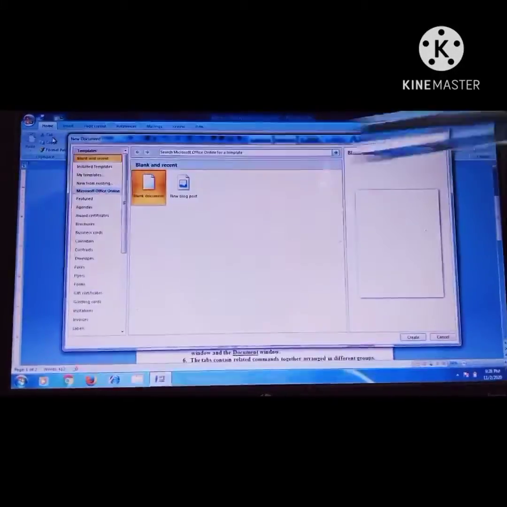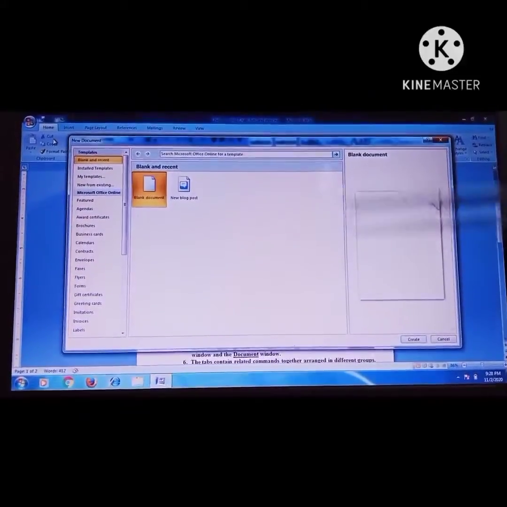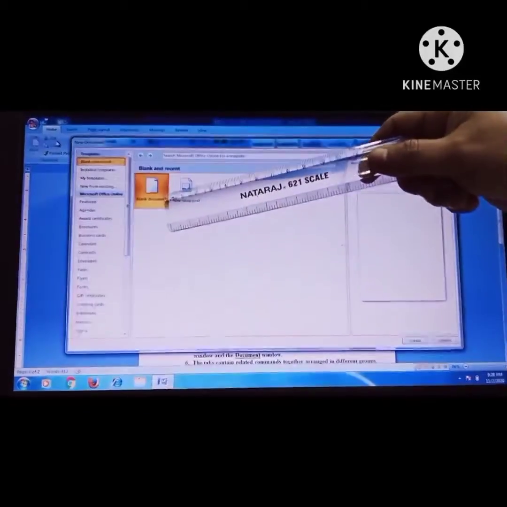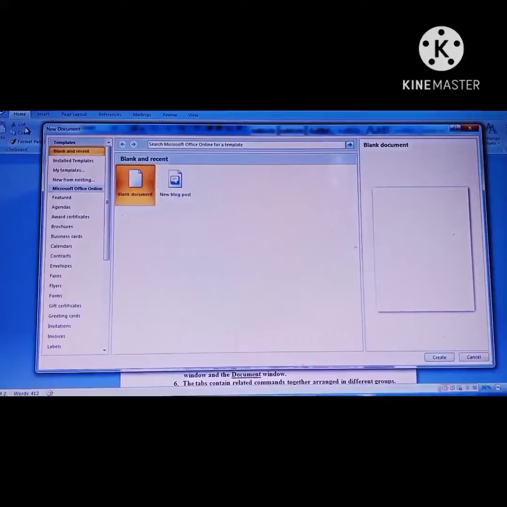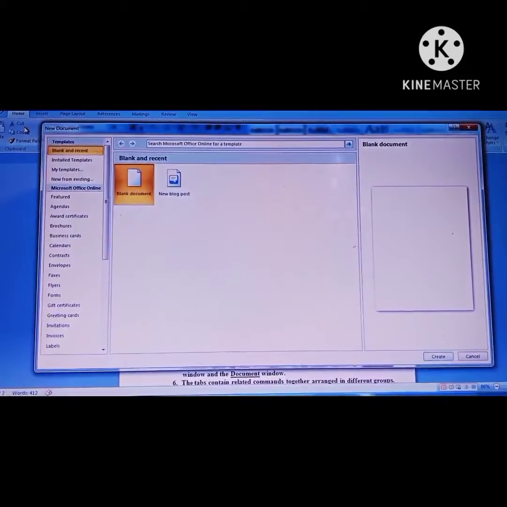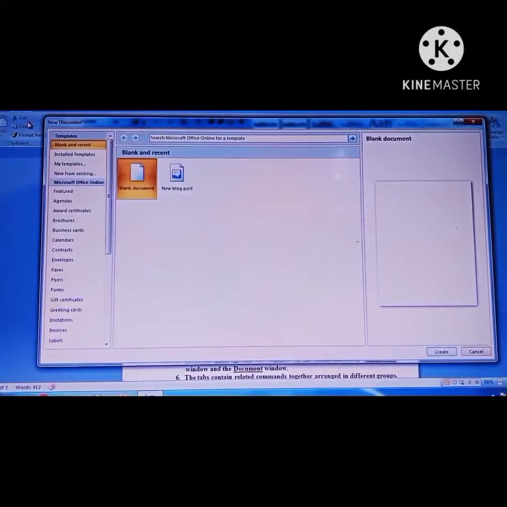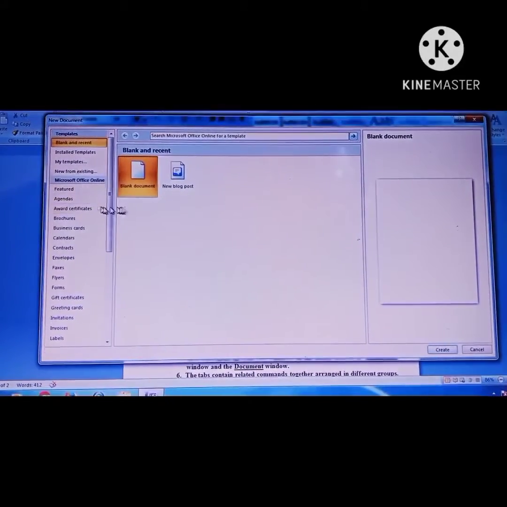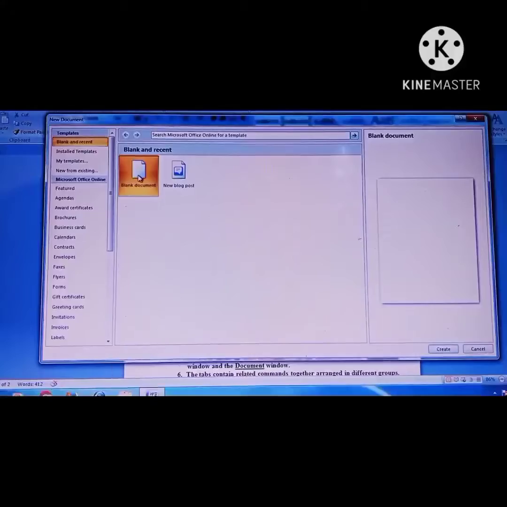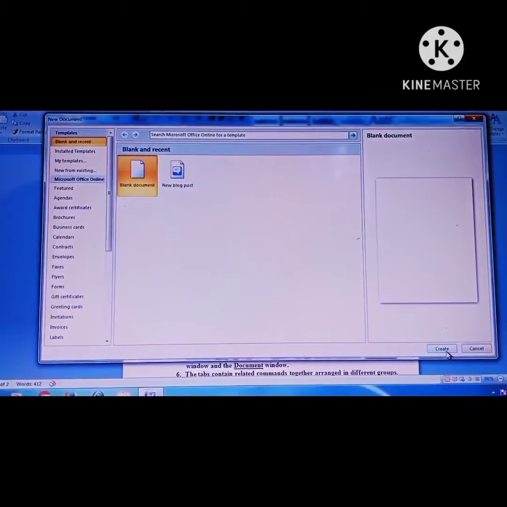This is your New Document dialog box. Here, this is your blank document. You have to select the blank document option from the blank and recent section and then click on the Create button.